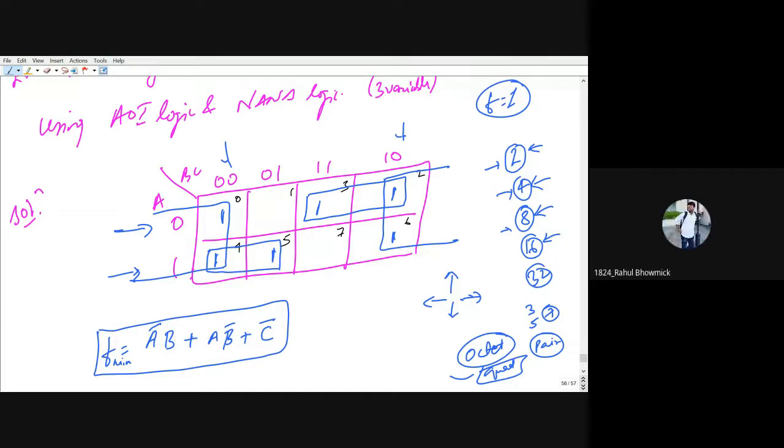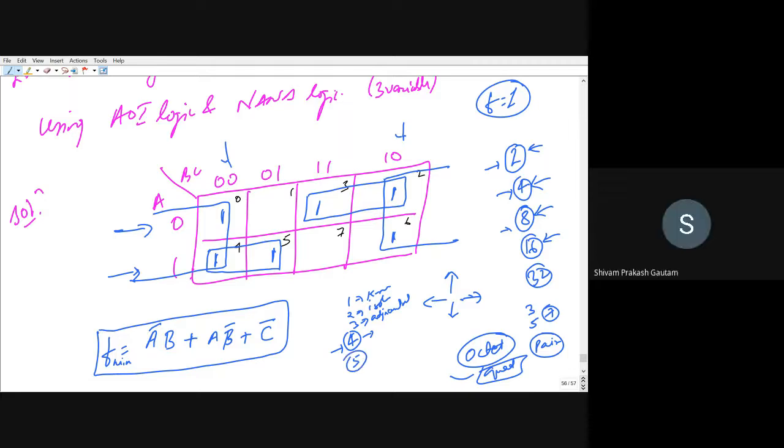So sir, if we find a quad first, we will box that first? Right. This quad you have to do in step number 4. Step number 1 is building a K-map. Step number 2 is finding the isolated cell. Step number 3 is to find the cell which has only one adjacent cell having one value. And step number 4, you have to go for quad and octet. This is step number 4.